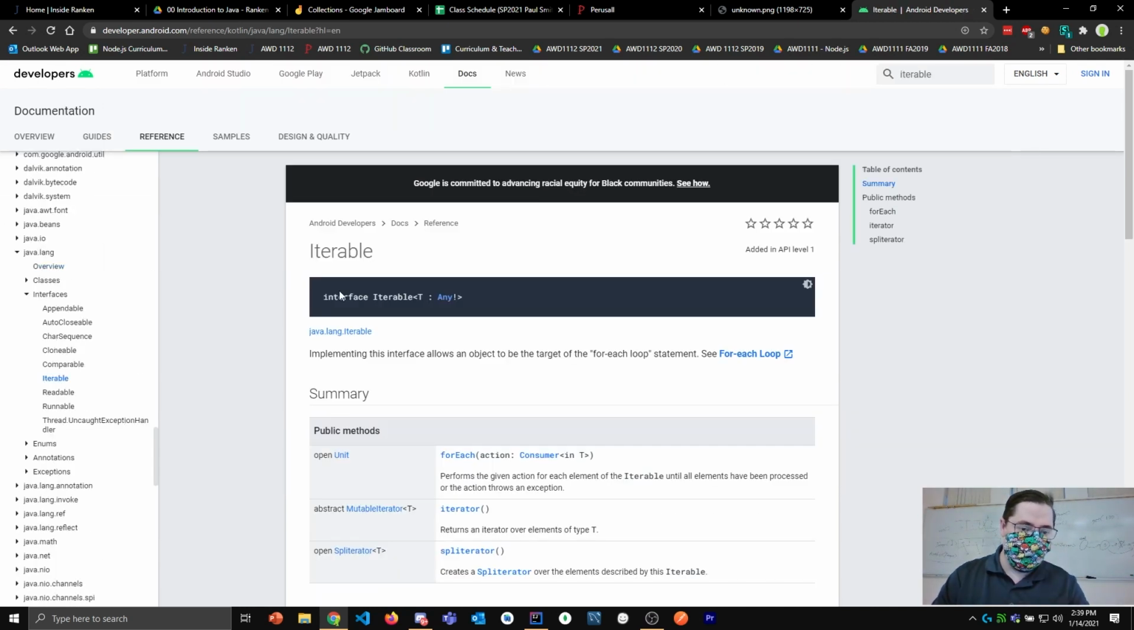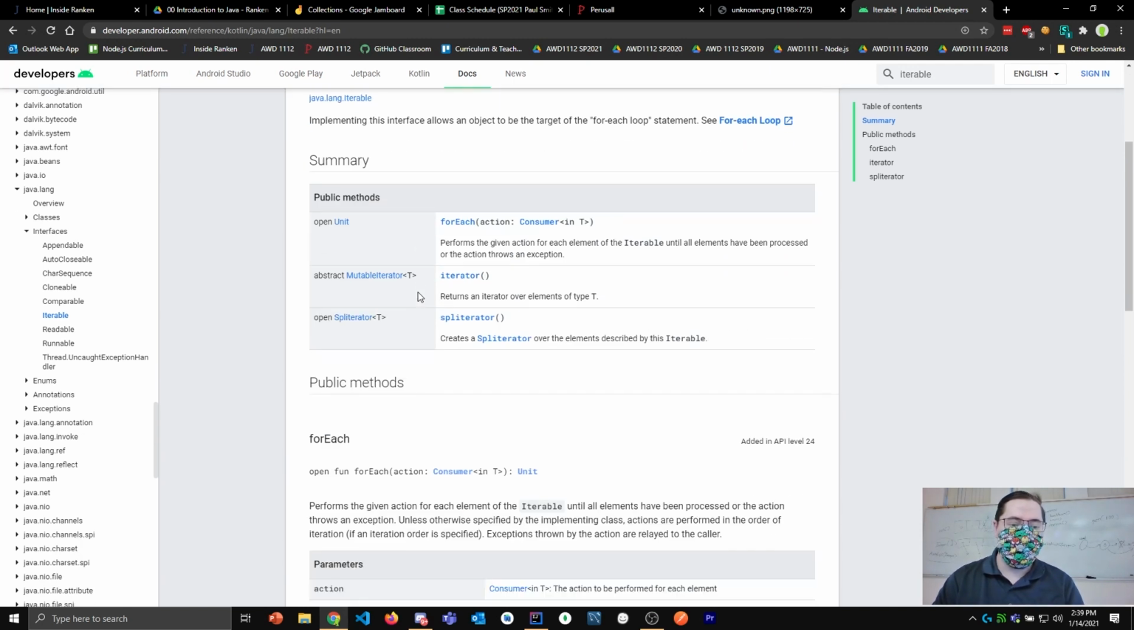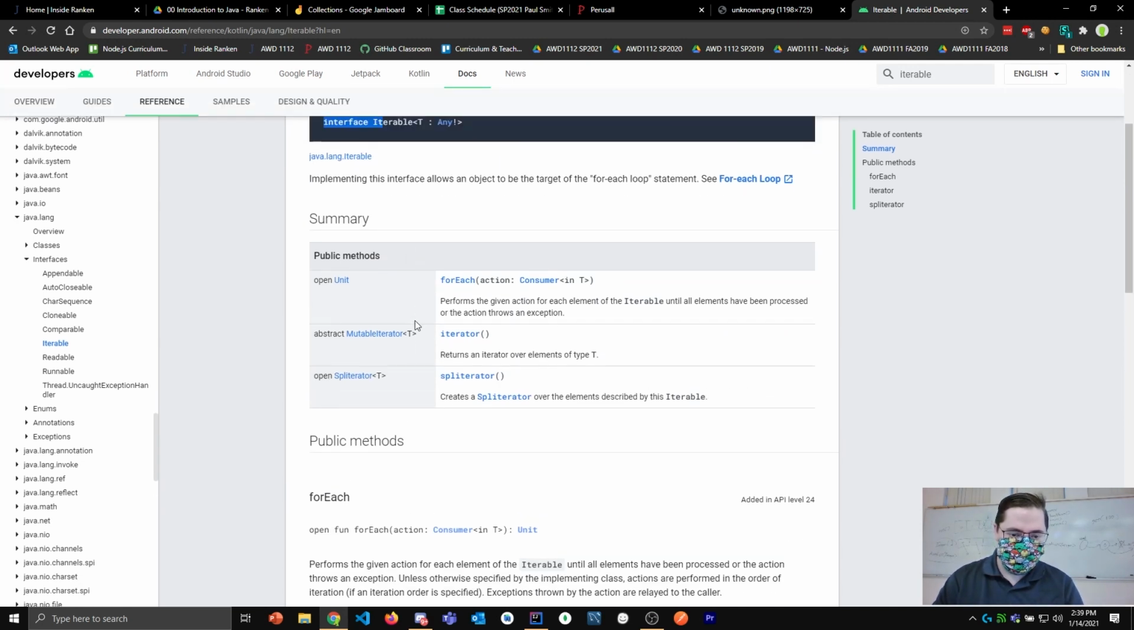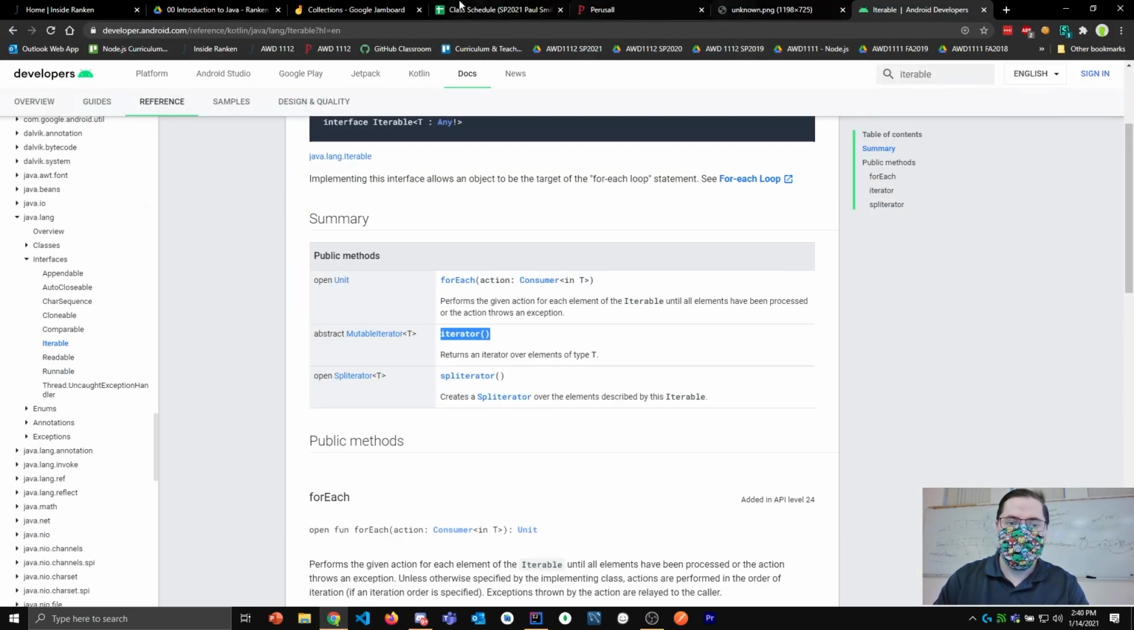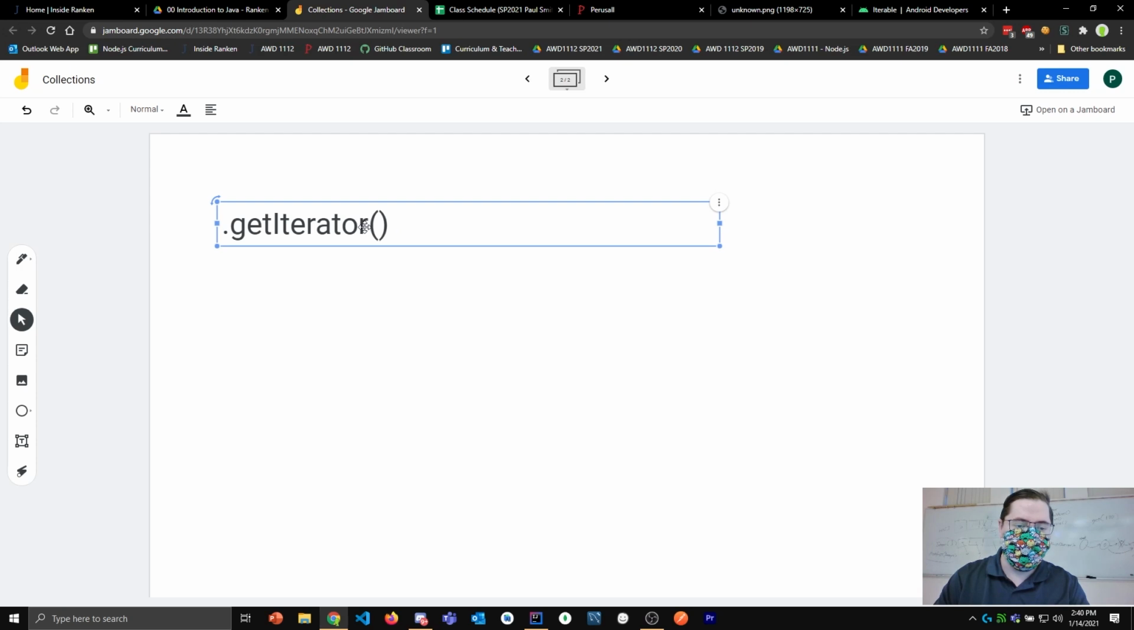So if I go to iterable, you can see it's an interface, right? So iterable is an interface, and it has a method called iterator. That's the one we're interested in. Back to here. So the method is iterator. So if I'm thinking about wanting to do an enhanced for, like for item in